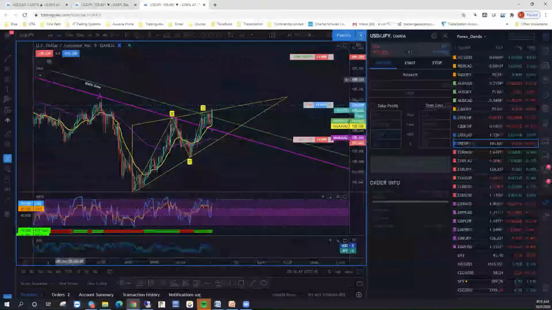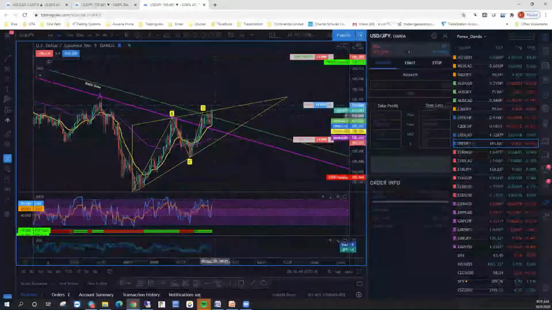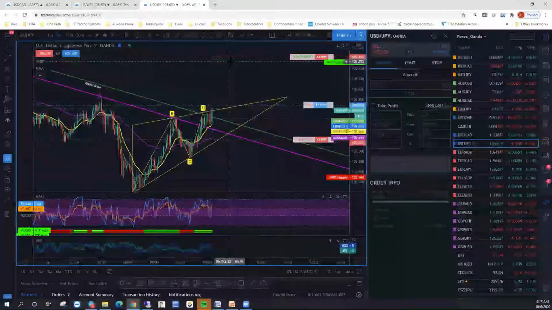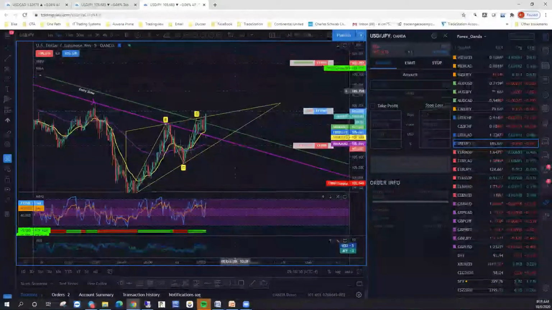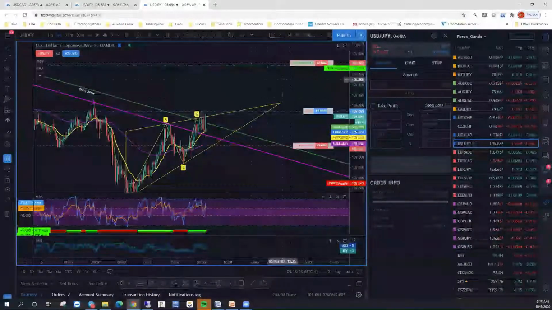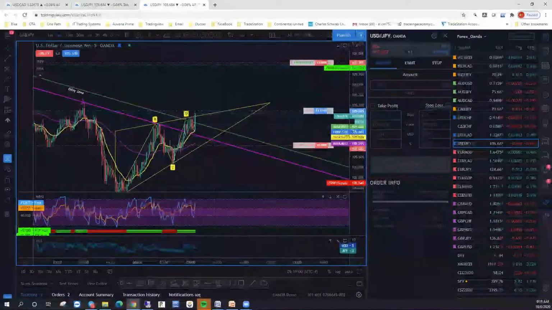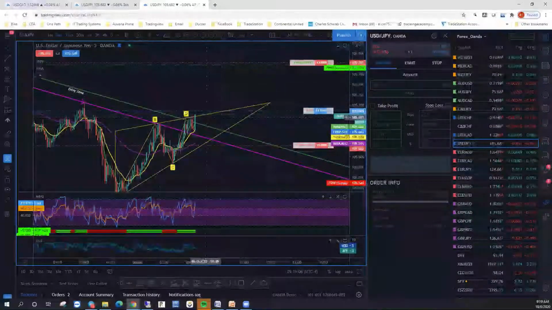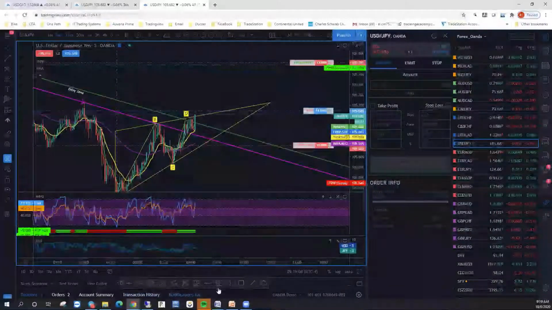Let's see where our fib lines are here. Here's our blue. So it's broke above the blue. Should be heading up towards the green. That would be the target, which is right about where I have my target up here. And we'd go for our 7 pips. Our 7-pip target would be